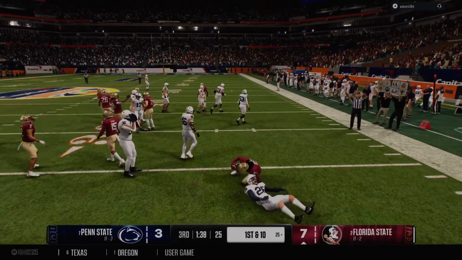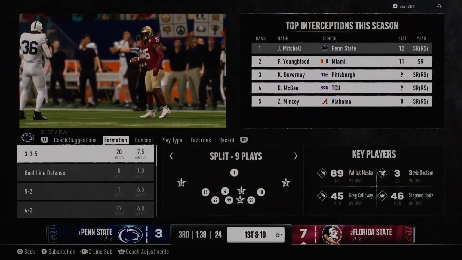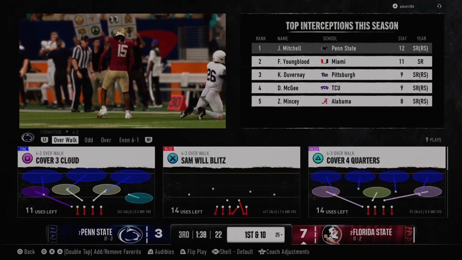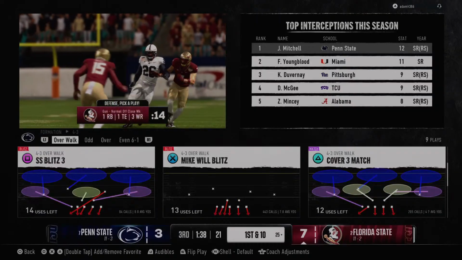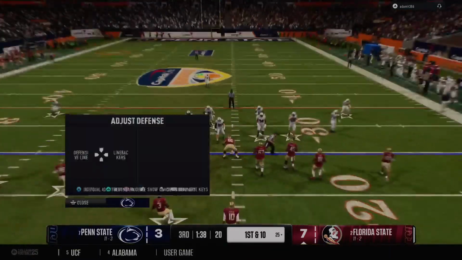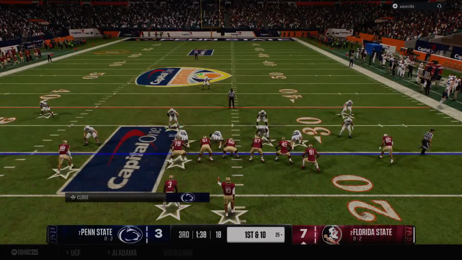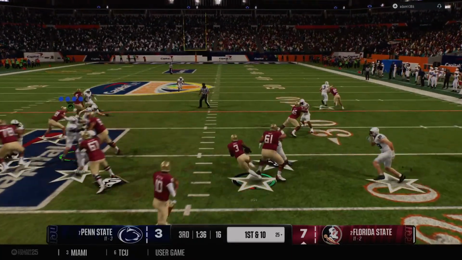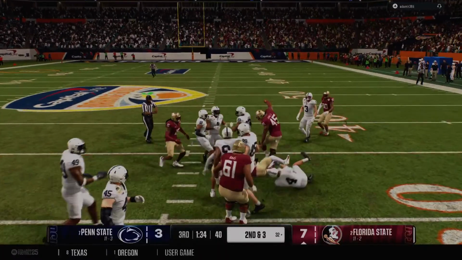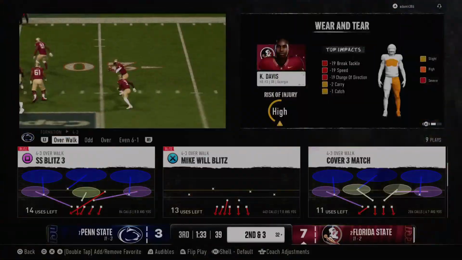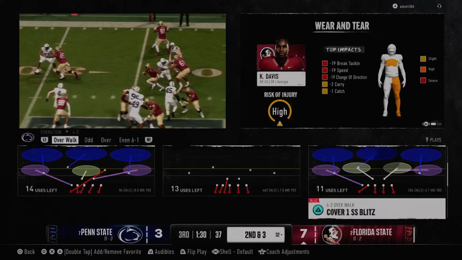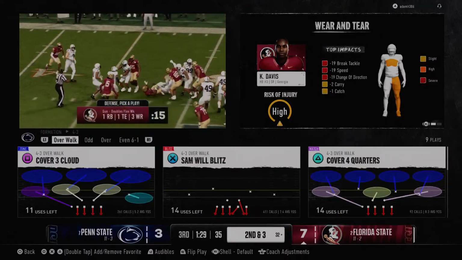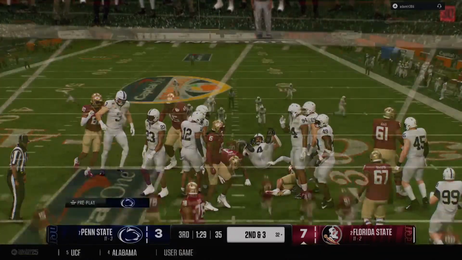Returner brought down. Sets up the next drive. And here comes the Florida State offense on the field. This has been an uphill battle for both offenses. Let's see if they can get it going this time. They bring him down to the 32-yard line. Just love watching this back run. Gets behind that offensive line, lowers his pads, and gets a nice solid gain.